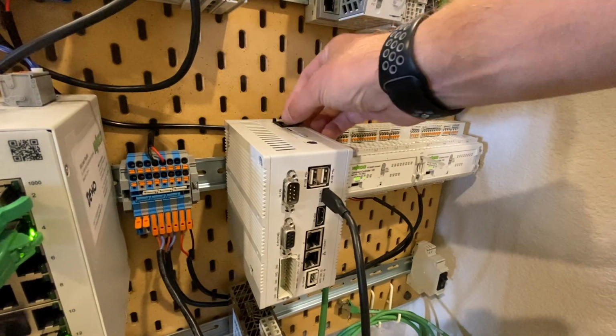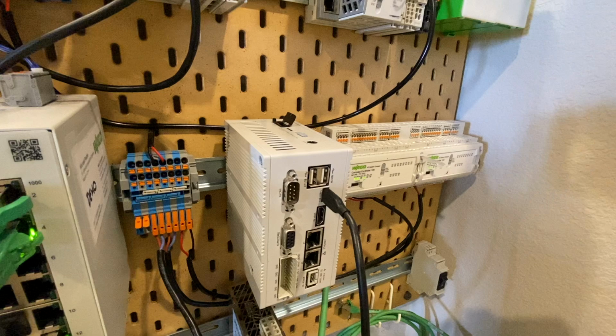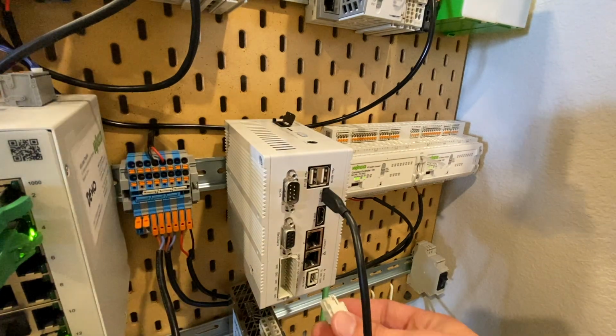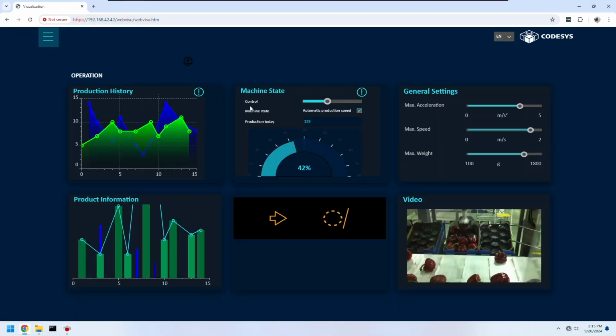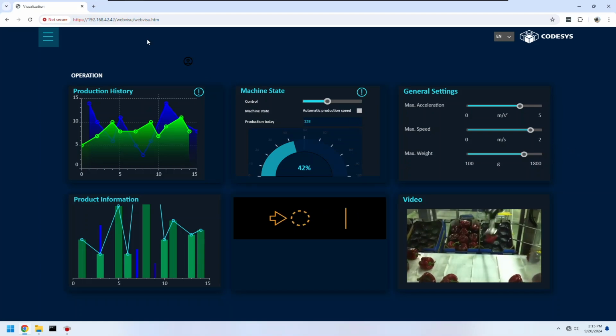After the copy is complete, I can remove the power from the controller and remove the SD card. I'll then reapply power to the controller and verify that the project has been loaded. Here I can just double check that the project and visualization is running on the controller. This controller is now ready for